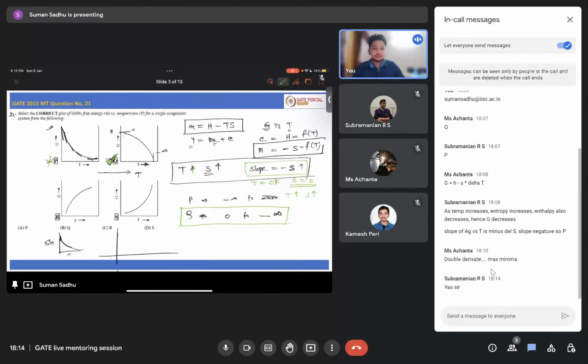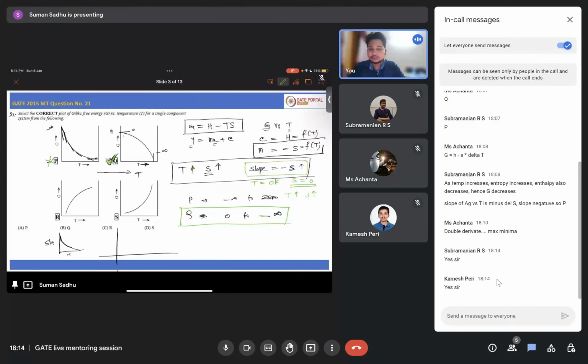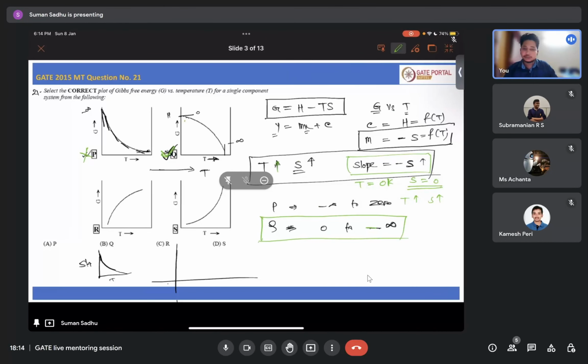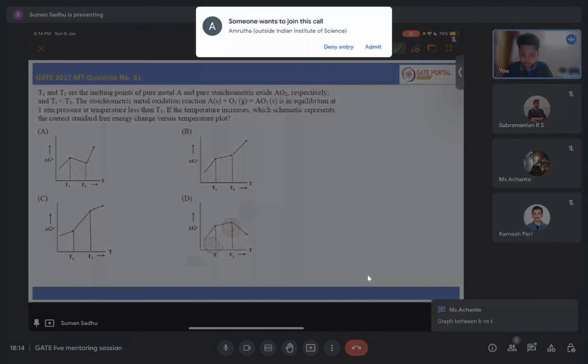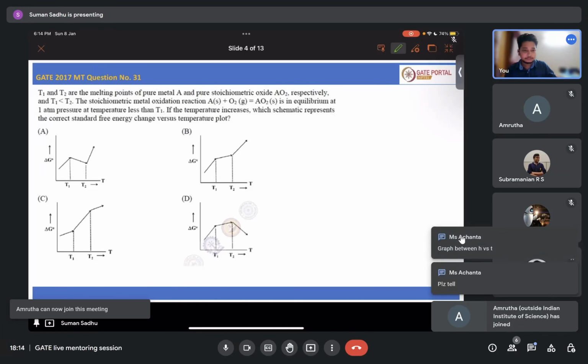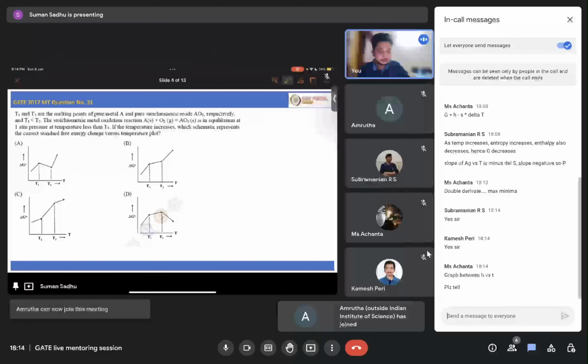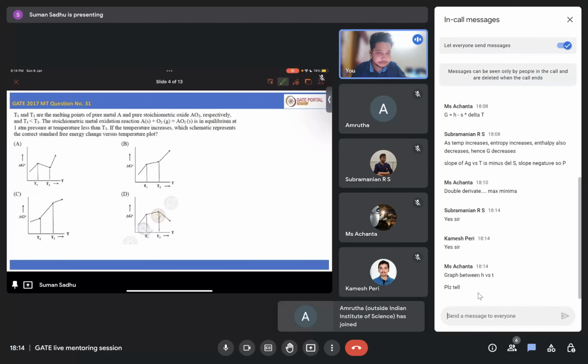Do you have any other questions or any doubt related to this question? Okay, if everyone is clear, I'll move into the next question. The next question is also related to this concept only, but yes, Arjun, what is your question? Graph between H versus T. Okay,